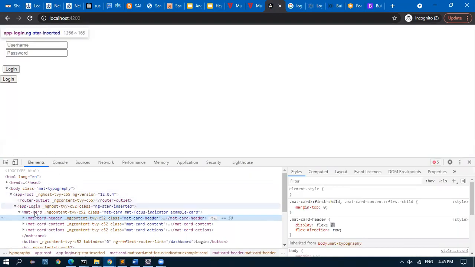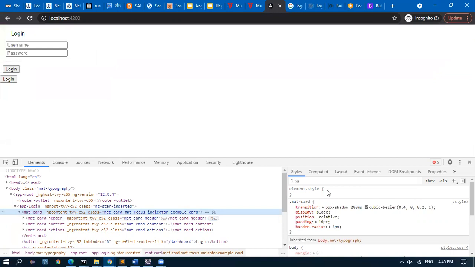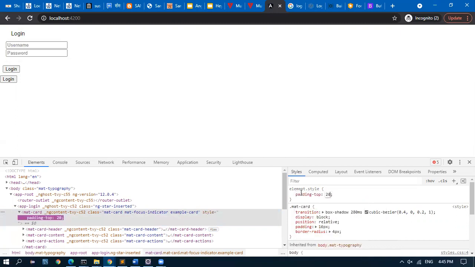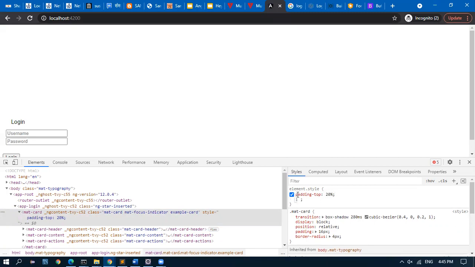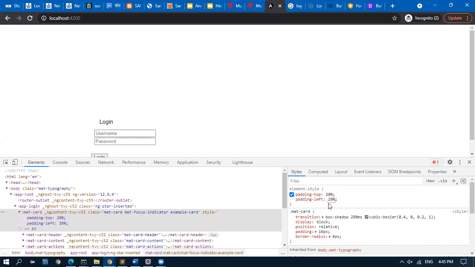Let me align it. Oh, we can change here also.